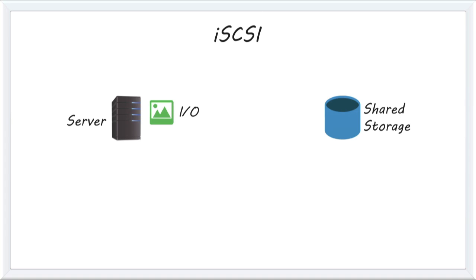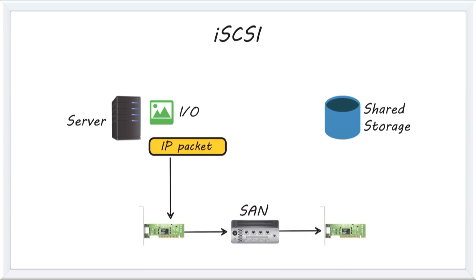But in this case, something special is going to happen. We actually have iSCSI software running on the server, and it knows what to do when data needs to be written to this shared storage device. Instead of sending it to a locally attached storage device, what it does is take that I/O request and encapsulate it into an IP packet. And then instead of sending that I/O request to that locally attached disk through its SCSI board or through its SATA interface, we instead forward that IP packet through the network interface in the server, through my SAN fabric,